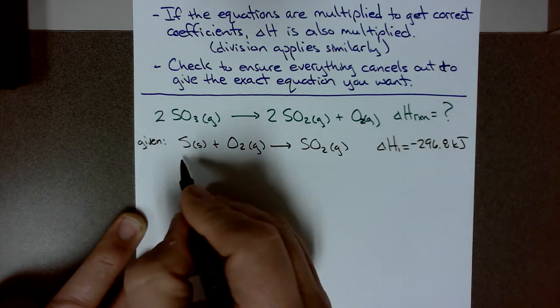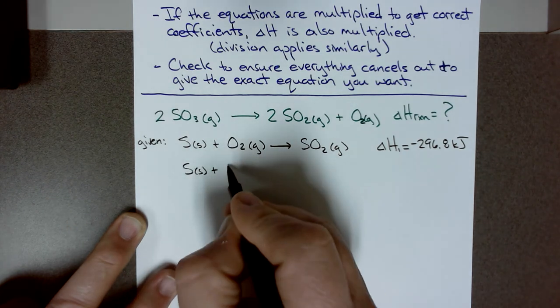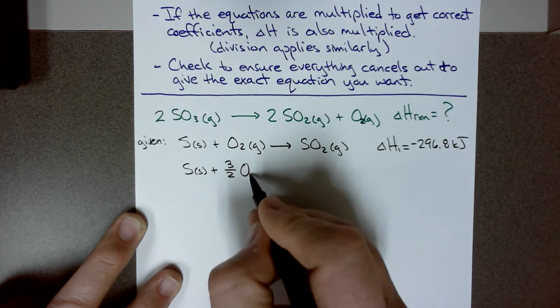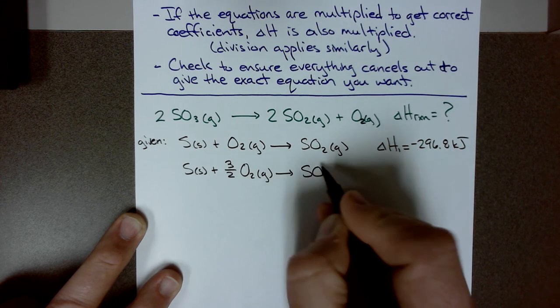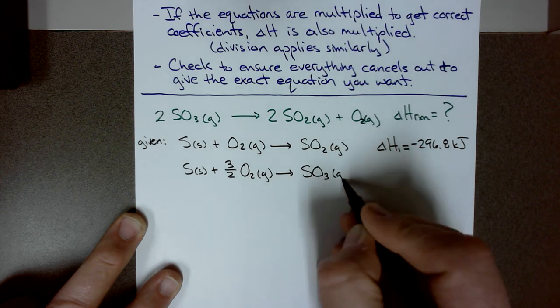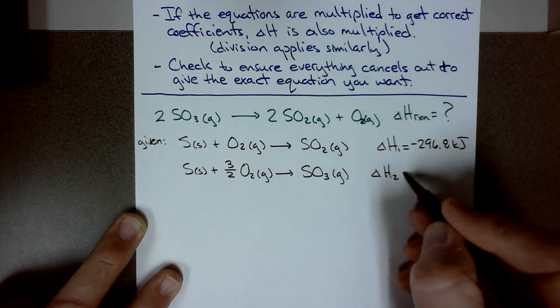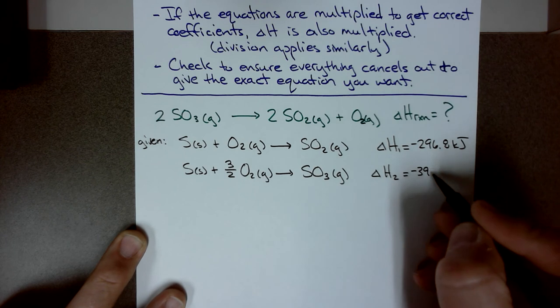And then the other given reaction is sulfur solid plus 1.5 or 3/2 moles of oxygen gas produces sulfur trioxide gas, and that has a delta H value of negative 395.6